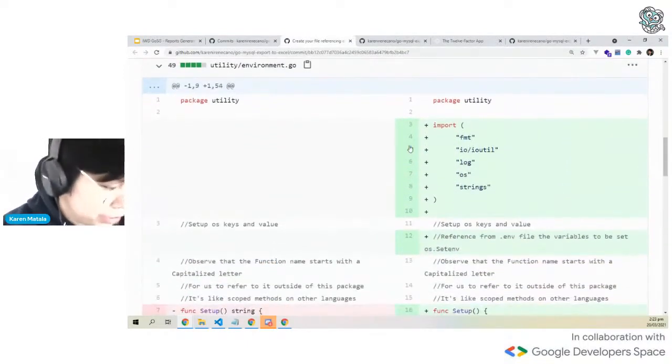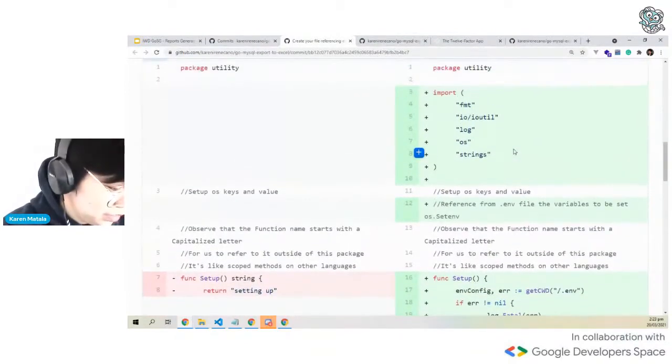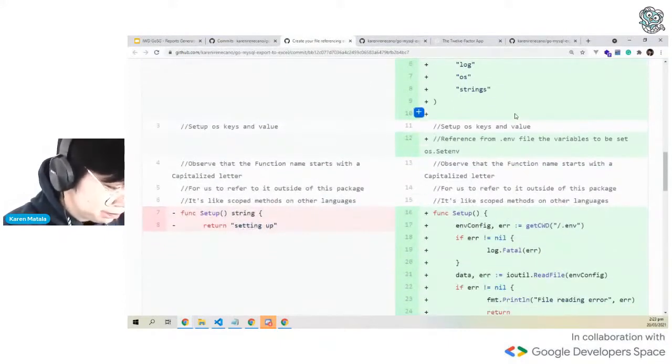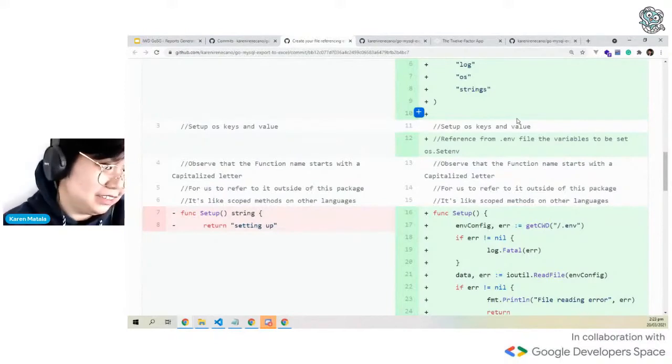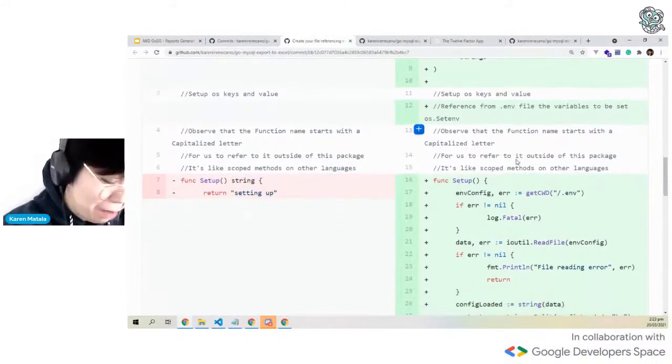So going back to your utility, your environment.go, the beauty of Go is that you can actually import libraries as you type. There's an IntelliSense package in VS Code that you can download. And then if that package or library is not used, Go would actually give an error that, hey, you didn't use this package, so I'm going to delete it. So going back to the setup,